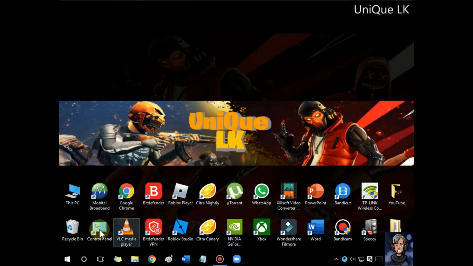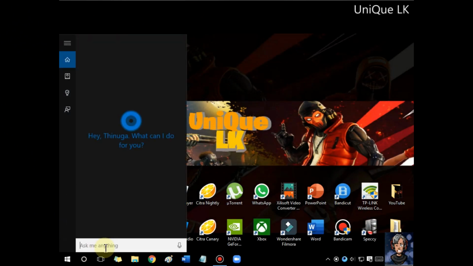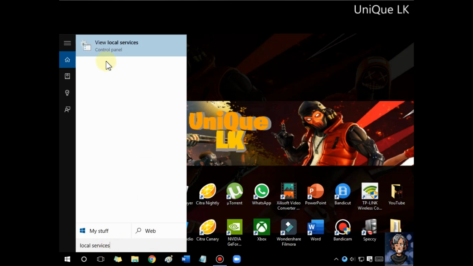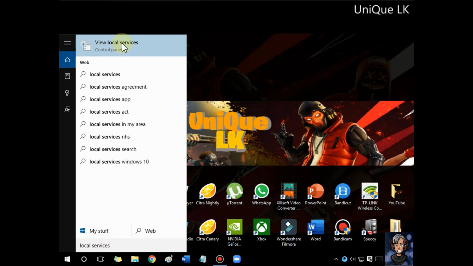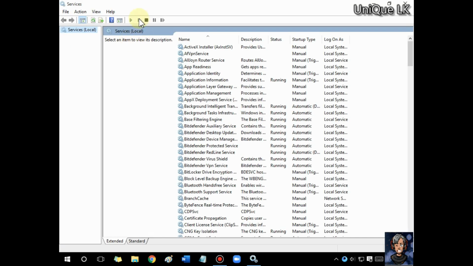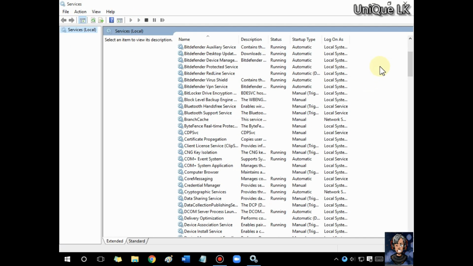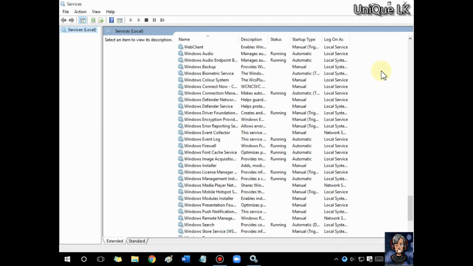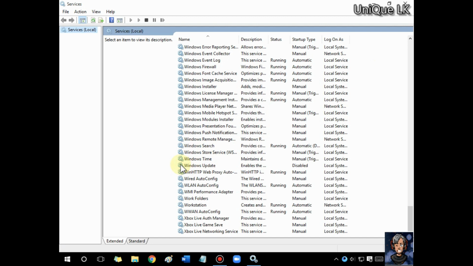So guys, the second step is in the services. So go to the search bar and search for local services. So you can get this, so click on that. So in this list, scroll down and search for Windows Update. So you can see this Windows Update, so double click on this,